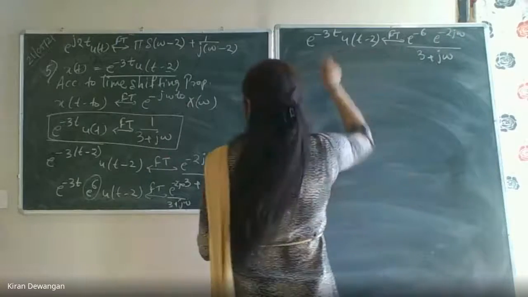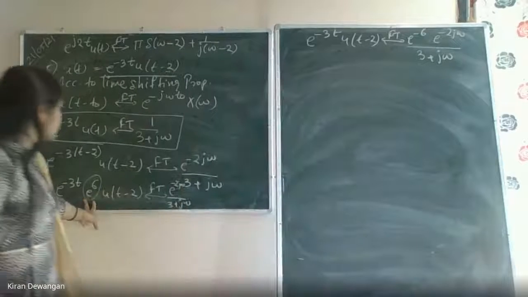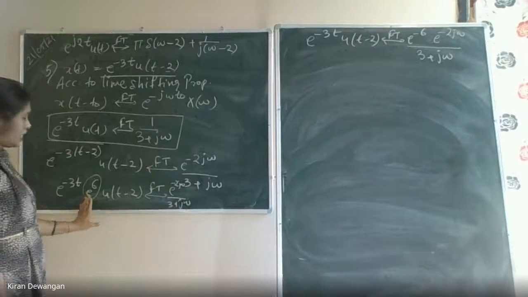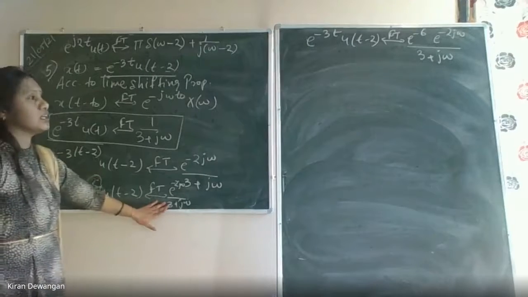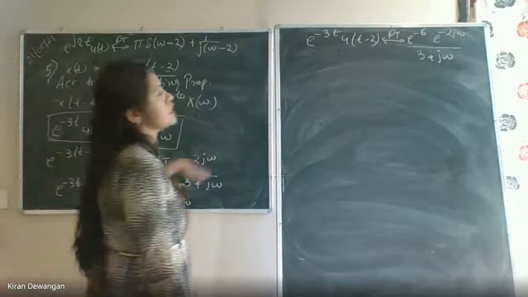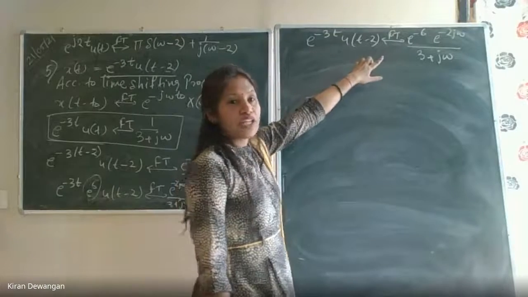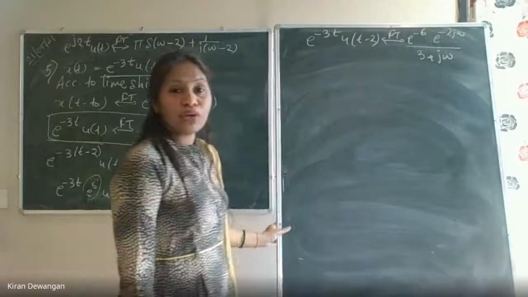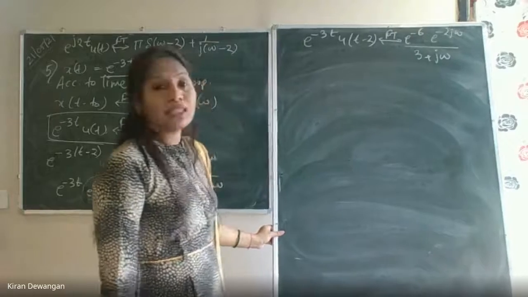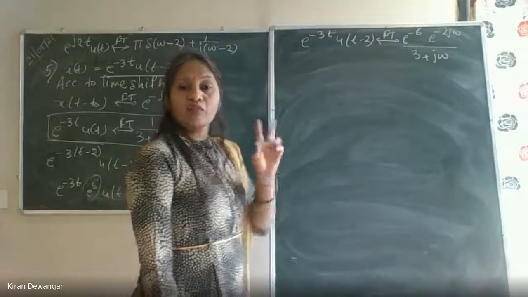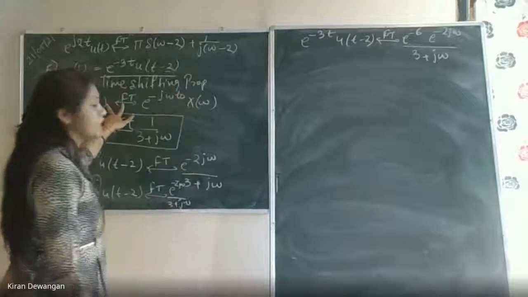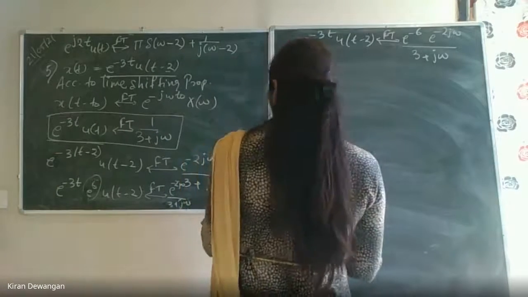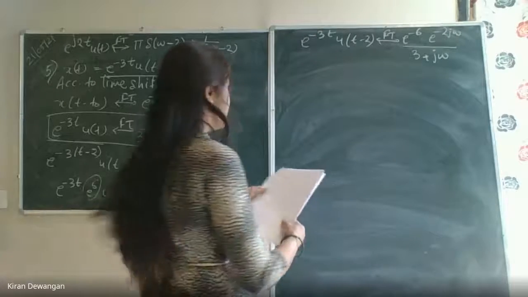This particular thing that we are dividing on both sides, that is e to the power 6. If we divide here, this gets cancelled out. Here it becomes e to the power minus 6. Okay? So that will have the Fourier transform e to the power minus 6 into e to the power minus 2j omega by 3 plus j omega. Clear? So we have made use of two properties. One is the time shifting, another one is the linearity property. These are the two properties that we use. Clear? On to the next question,